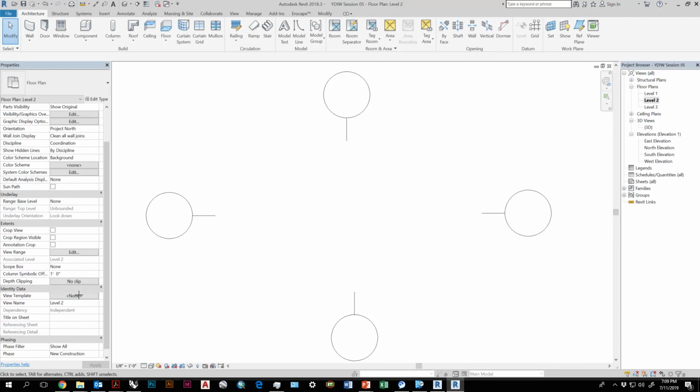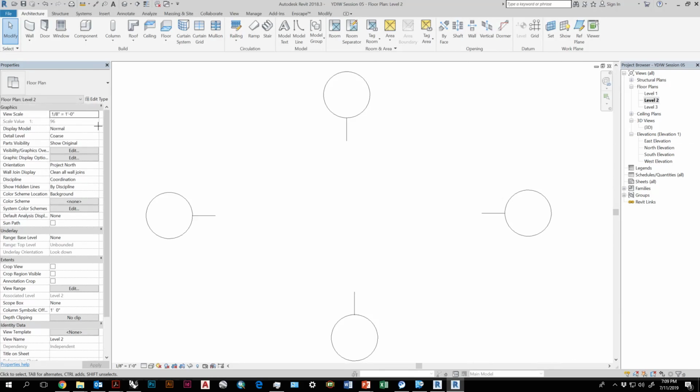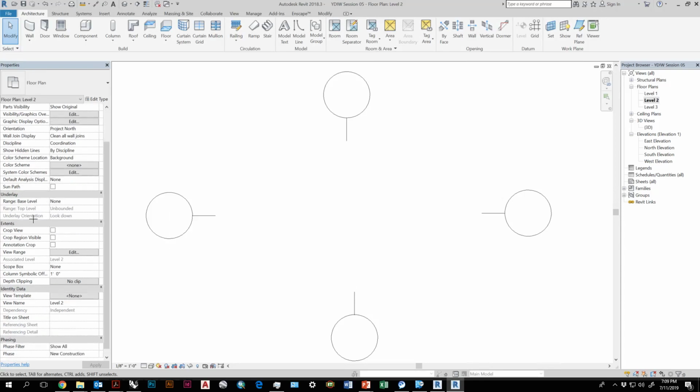It's called like a view display, where you can say, show me level 1 as basically like an XREF in AutoCAD. But I can't seem to find it here. Yeah, I know it's in here. It's one of these side buttons. Underlay. That's what it's called. So level 1. There it is.